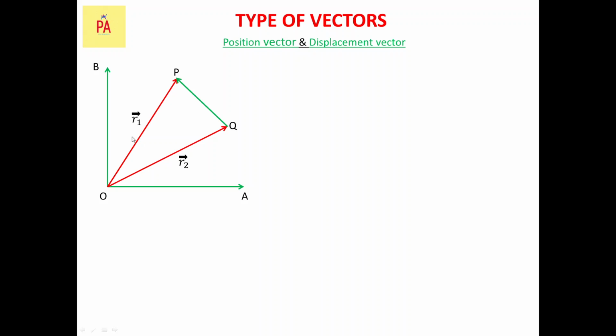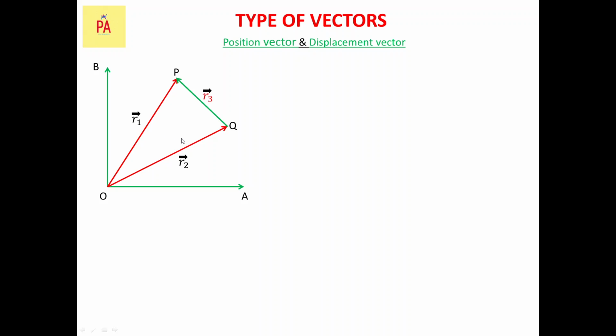This position vector I have named R1. Previously, when the object was at point Q while moving from this place to that place, the position vector I considered as R2. In the same way, when it was moving, we took another arbitrary point where the object was at any instant, and we considered that position vector as R1.